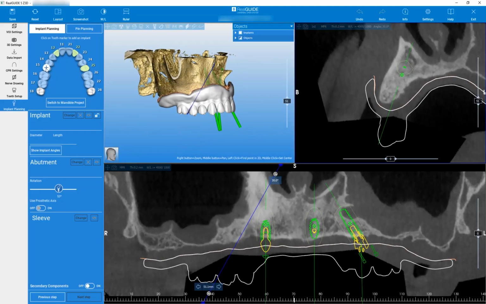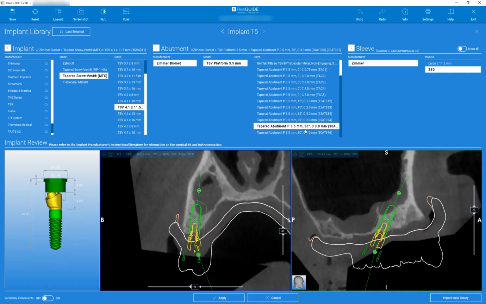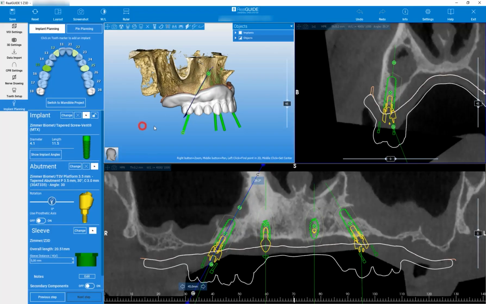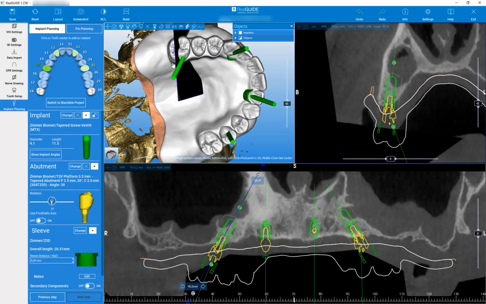Click your tooth chart to add your desired implant. Also add a 30-degree abutment if it's offered for your implant selection. Click Apply. As you can see, the implant has been placed according to the 30-degree slice we set and with the abutment